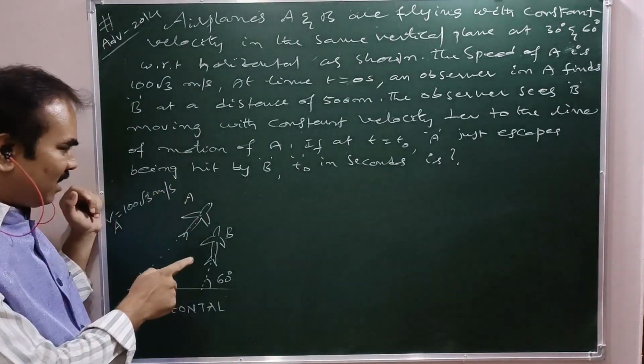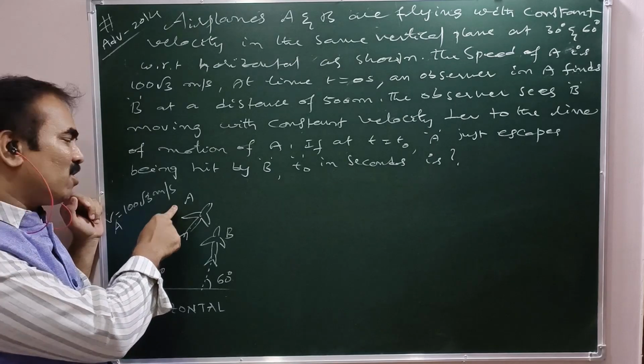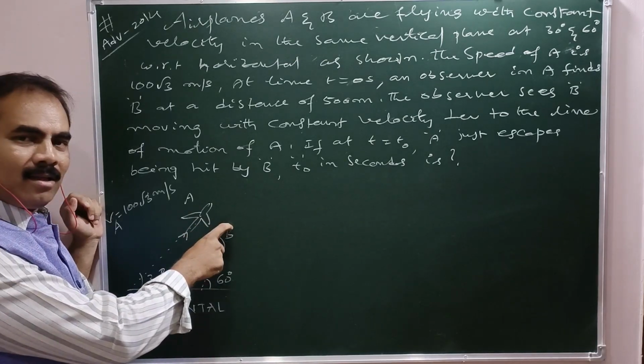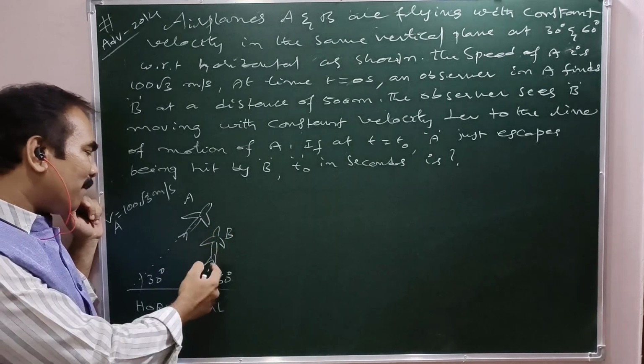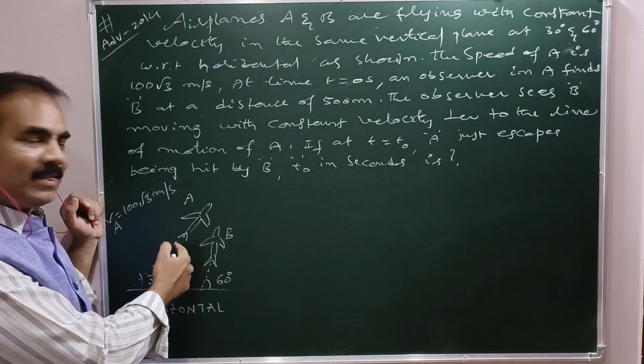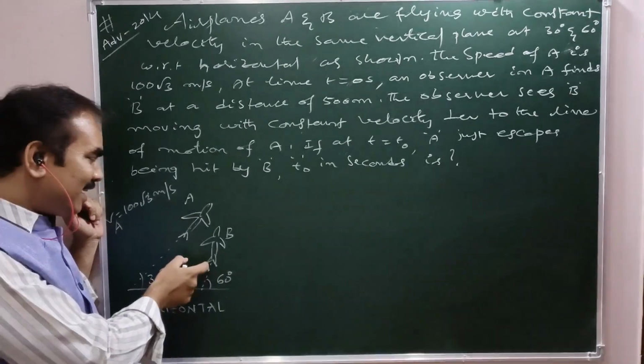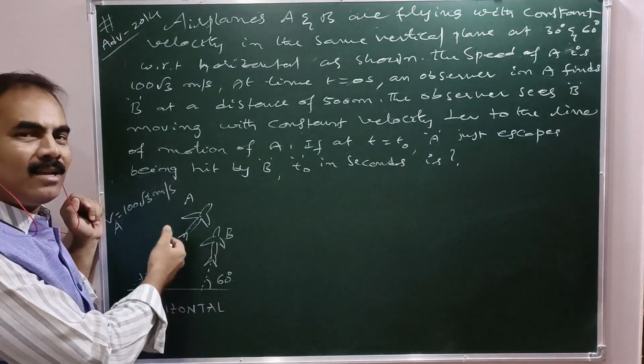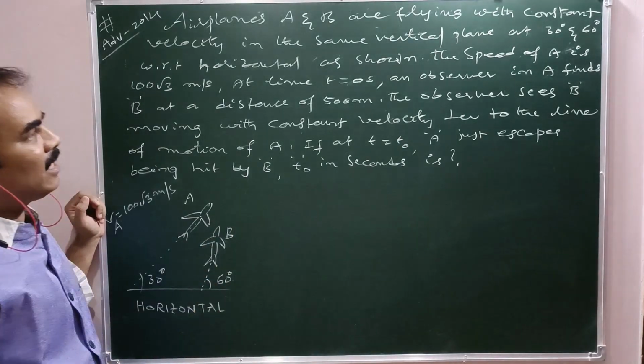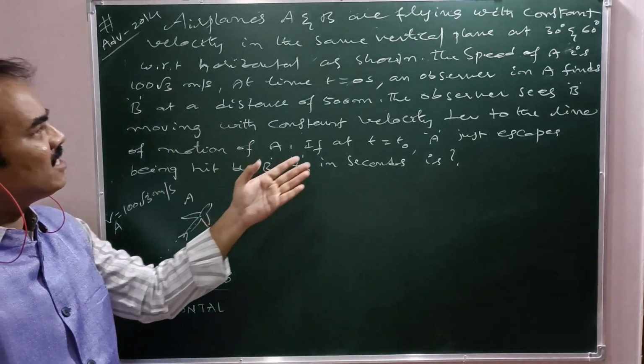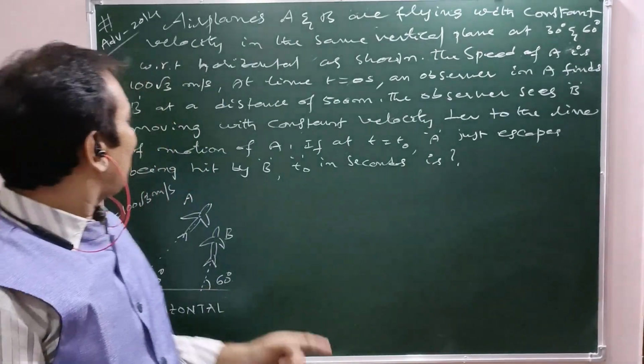See, one passenger from A observes as if B moves on a perpendicular line with respect to plane A and is at a distance of 500 meters on a perpendicular line, right? That's what is observed by one passenger in plane A. Now,